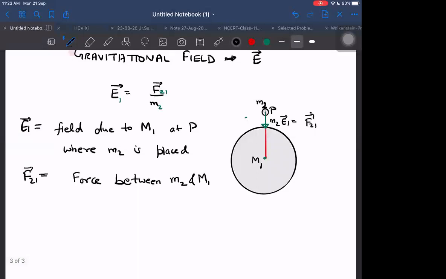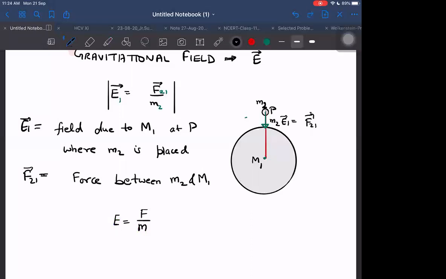Okay, so understand, the force is due to 1, and the force acting on one body due to the other body, that is F21, divided by M2, will give me the field due to 1 at the location of M2. Field due to the first mass at the location of M2 will be obtained in this way. Normally I will just write E equal to F divided by M, but we should understand what E means here. This E is not due to this M. This E is due to the other M, which is not written in this formula.